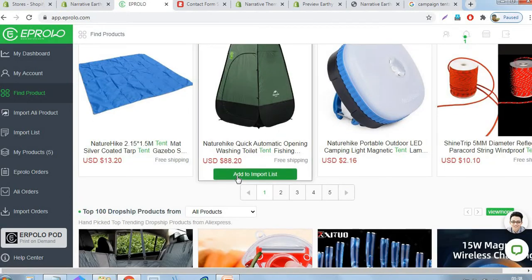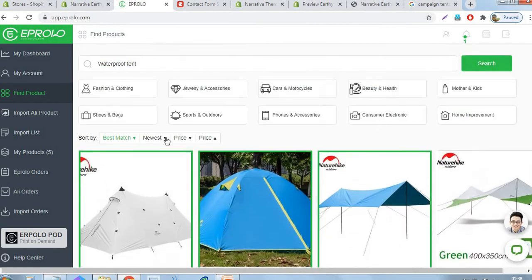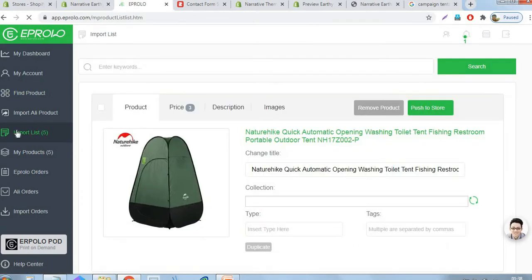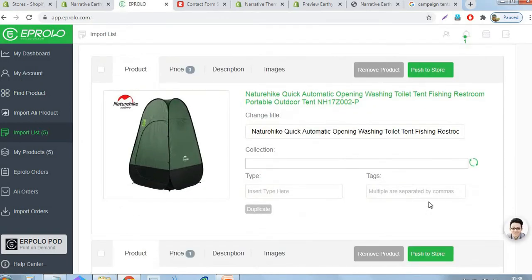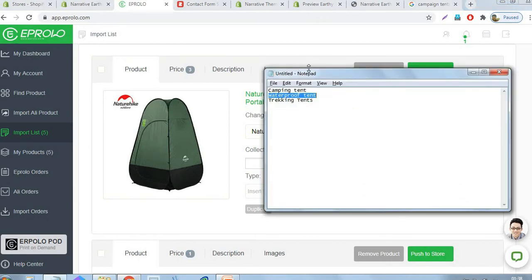After seeing those products in the import list, we just assign the tags for each product and click the push to store button. This process is very simple. That's why a lot of dropshipping stores are selling products.